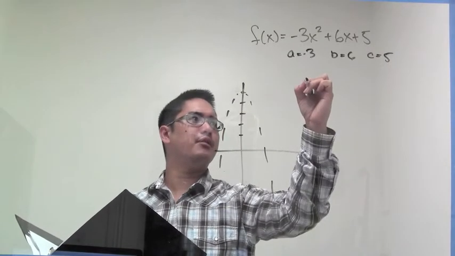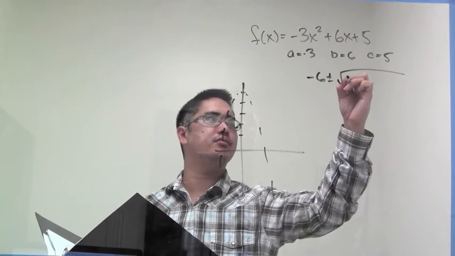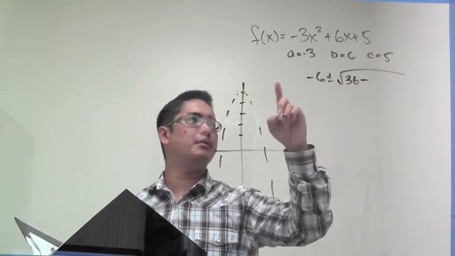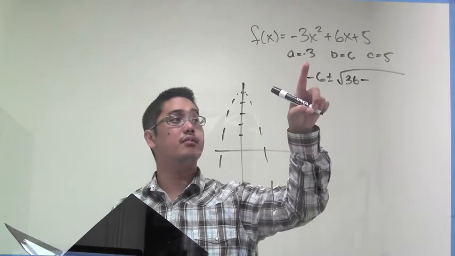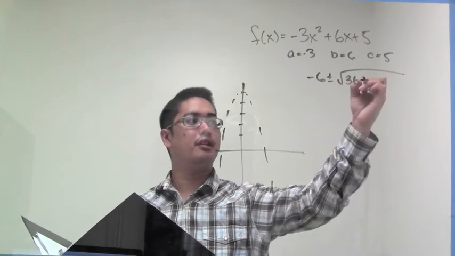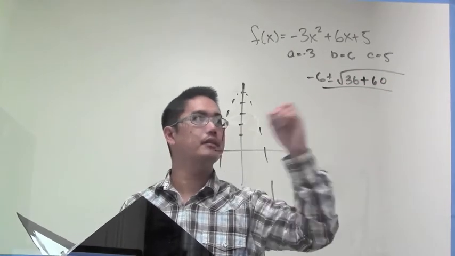So that would be negative 6 plus or minus the square root of 36 minus 4ac, so that would be minus 4 times negative 3 times 5, so that would be plus 12 times 5, which is 60, all over